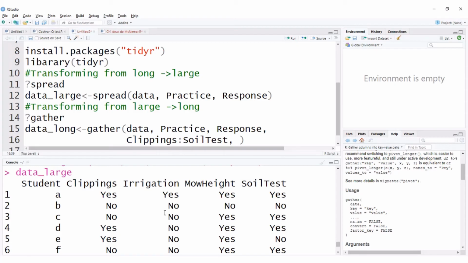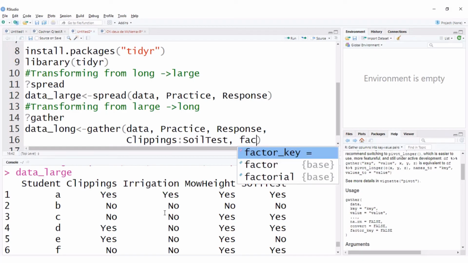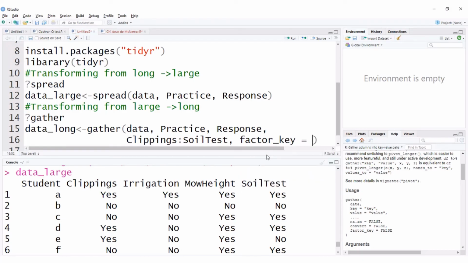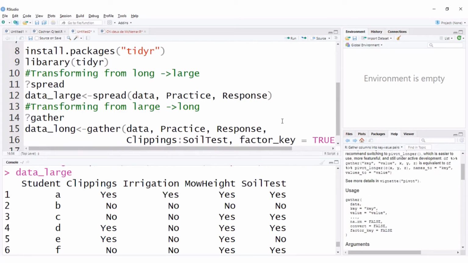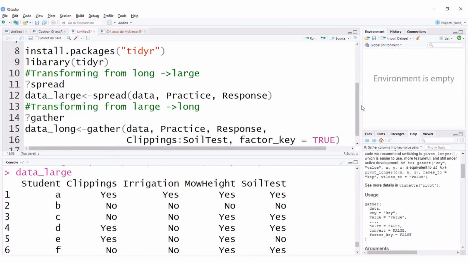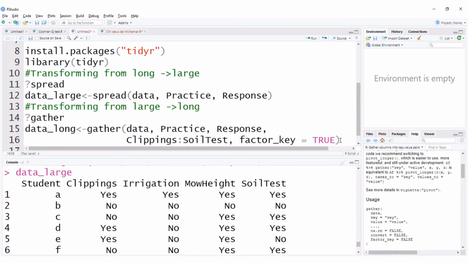But when we do it this way, it's able to keep the original format. So factor key is equal to true. When you say false, it will consider them as characters and alphabeticize them. We don't want that, so factor key is equal to true, sorry, so that it will consider them as factors. So if I execute this,